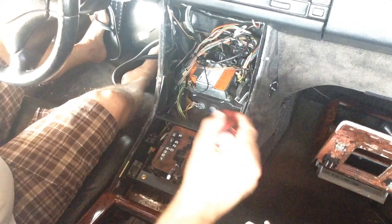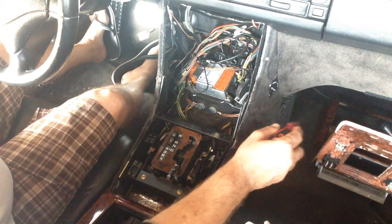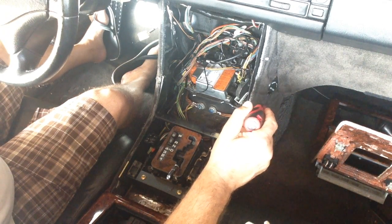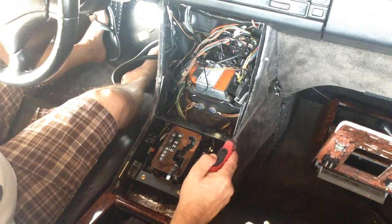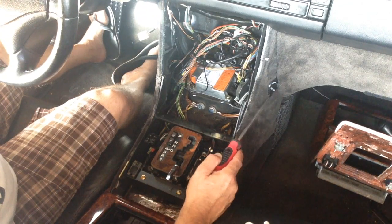If I want to, I can actually take that piece of that board. I could probably mount it here, or mount it here somewhere. Or if I want to get fancy, instead of using this for the 12 volts, like I did here, I could actually probably take this out and just flush mount it. It's the same size as a 12 volt cigarette